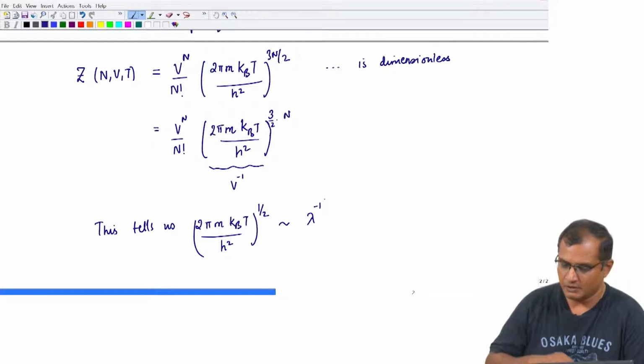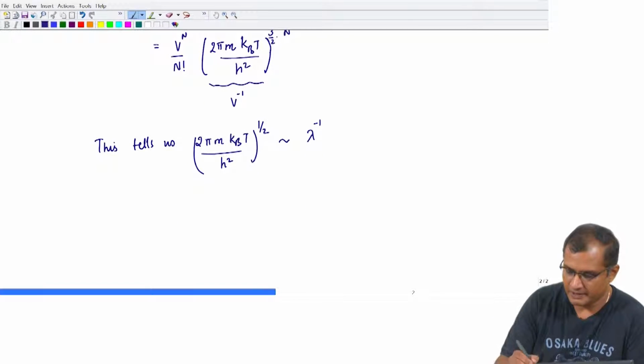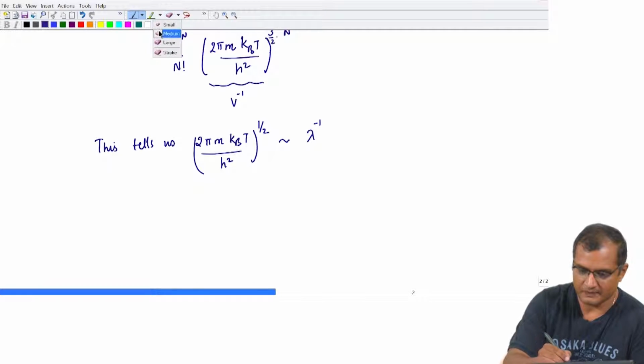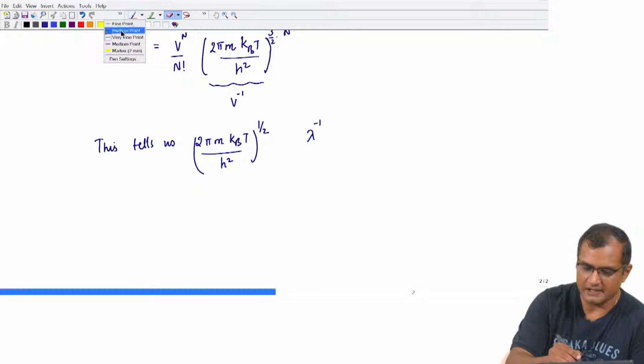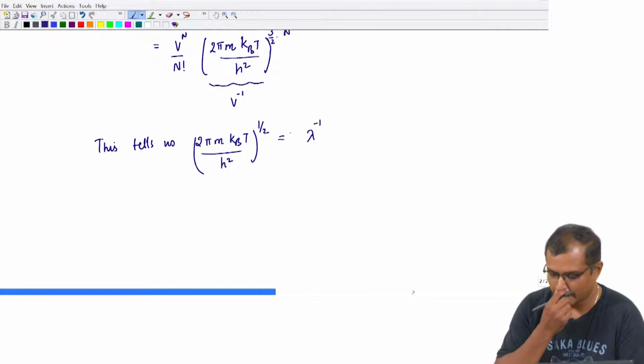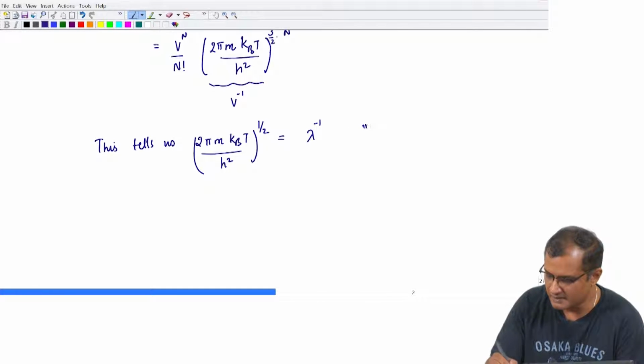Okay. So, if I call this as some 1 upon length scale, okay, some inverse length scale,